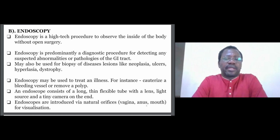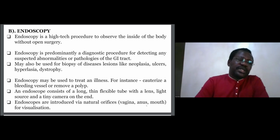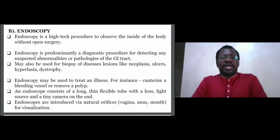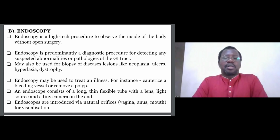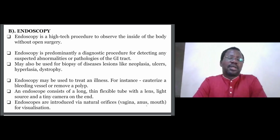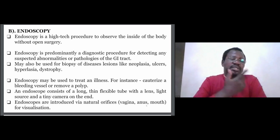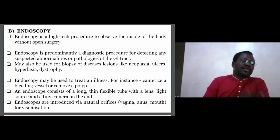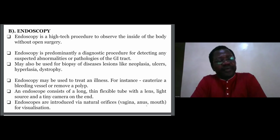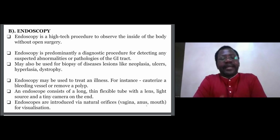So one, it can do diagnosis. Two, it can also take biopsy. So for instance, it can obtain biopsies of neoplasia, ulcers, dystrophic situations, hyperplastic situations, and so on and so forth. In addition to that, it can also be used to do minor treatment, such as removal of what they call a polyp in the nasal cavity, or removal of earwax, or cauterization of a bleeding vessel, or removal of something like a non-malignant